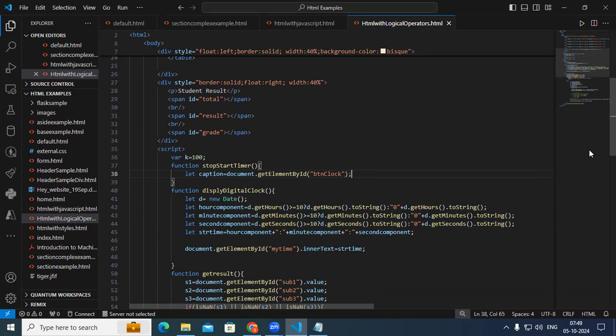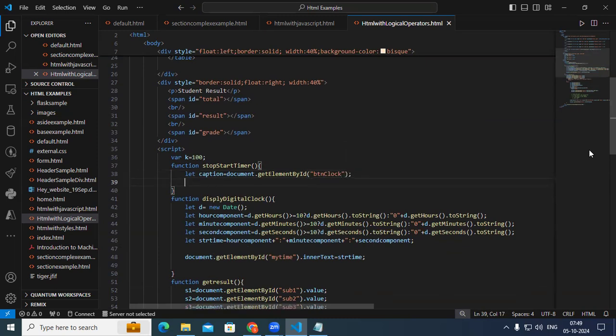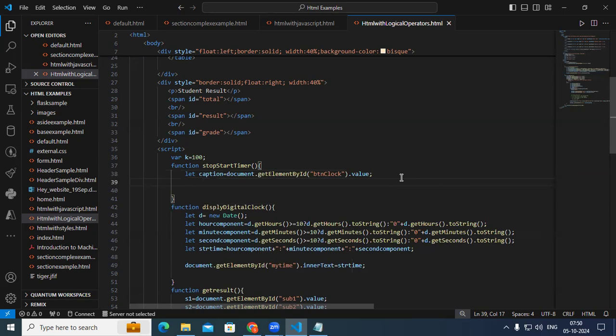Okay, then what text we have, let us try to print in this case. Let caption equal to BTN clock, followed by dot value. Whatever value we have in that, let us try to first print. If this is correct, then in that case, you can write. Okay, here write, I just want to print it, alert, followed by caption. Okay, first incrementally, you need to write always code. You write 1-2 steps. So logically, if it's working, then you can go ahead. Always this approach actually gives you